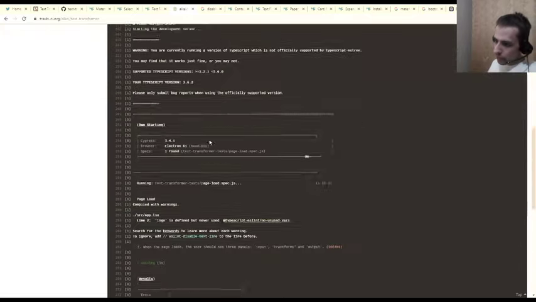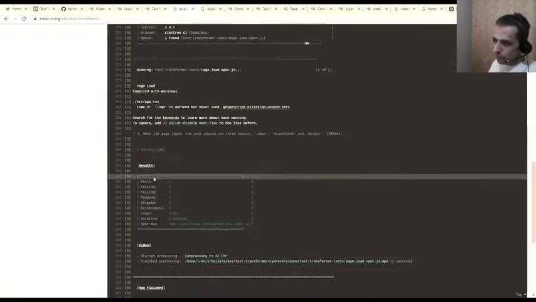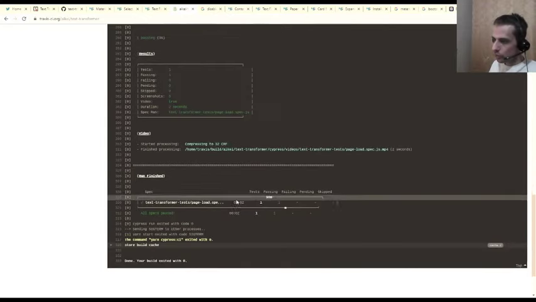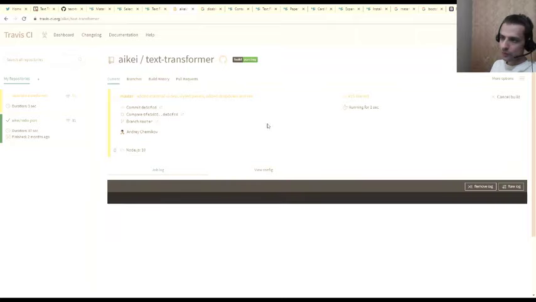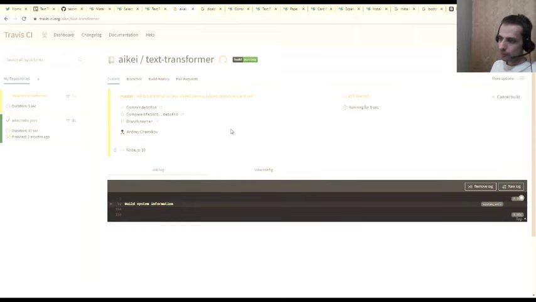Here you see previous tests which were built actually. Now we don't have any example tests running. Okay, now it's building. It will take some time to build. While it's building,